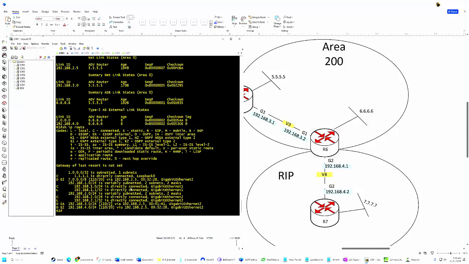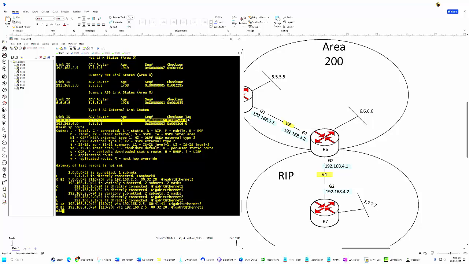Okay? So now, okay, that route is here, but in our database, it's also there. So, how do we make sure our convergence is complete? Through our database. We can look at the router table all we want, but if we really want to know the truth, our OSPF database does the trick. Okay? So,